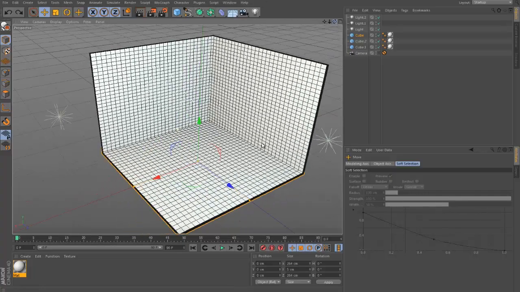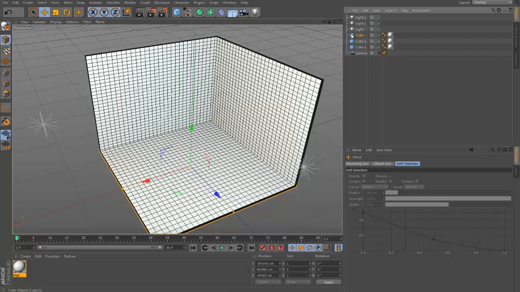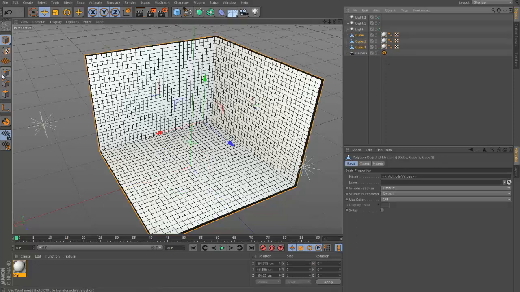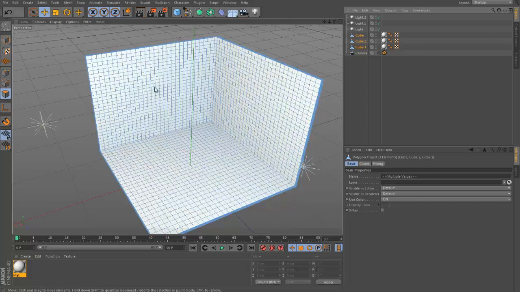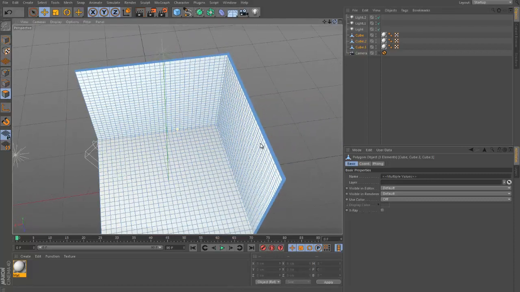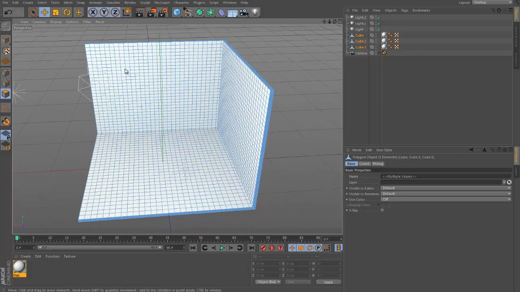Alright, so now we are going to make all three of the cubes editable and go over here to this surface tool, and now we can select each individual square. I'm not going to be too careful about this, so just holding shift. You don't want to drag them though, you're just going to want to click, and I'm going to go through,